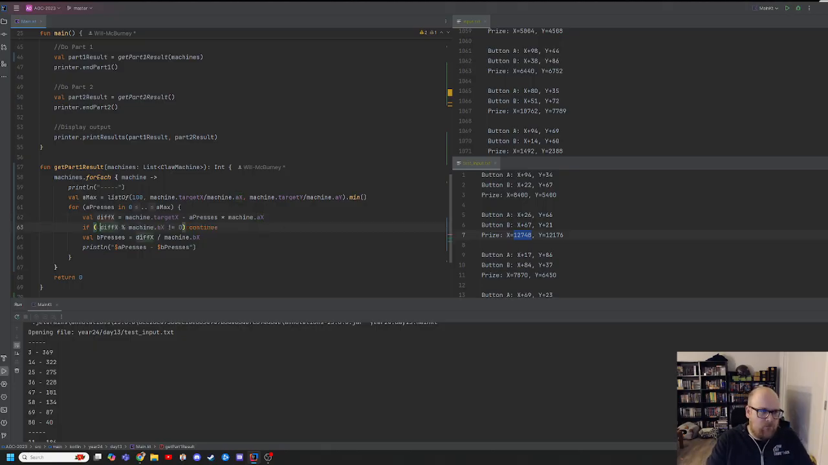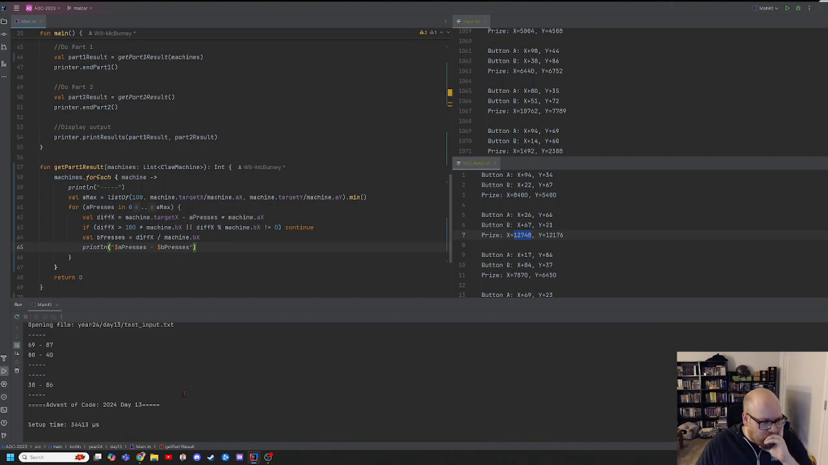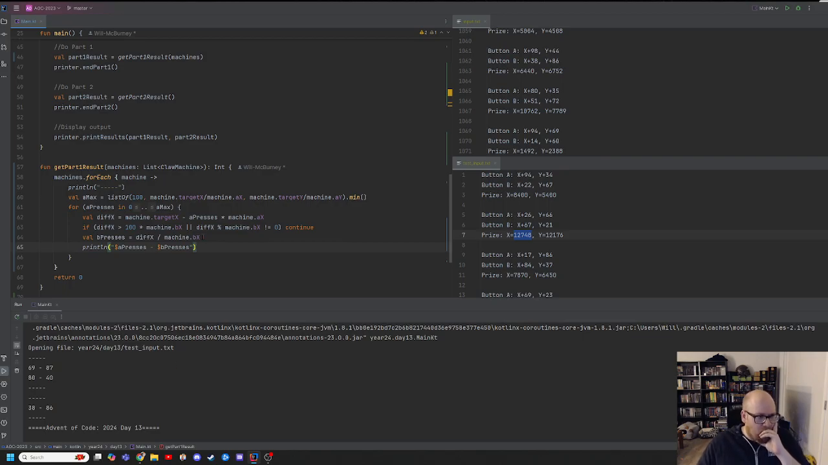if diff x is greater than 100 times machine.bx, or it's not evenly divisible, because this should be a faster calculation, I think. Okay, there we go. So now I have